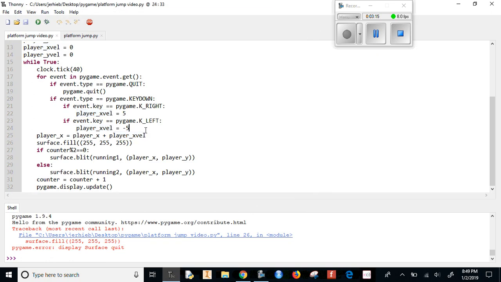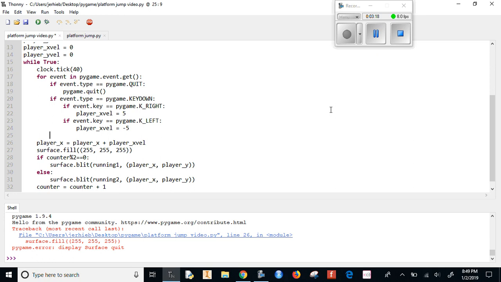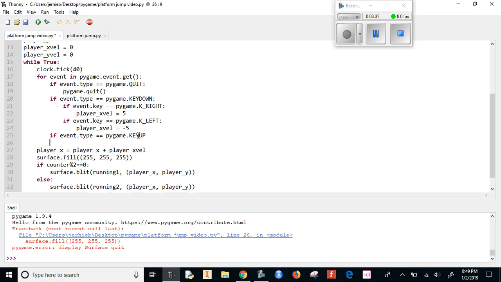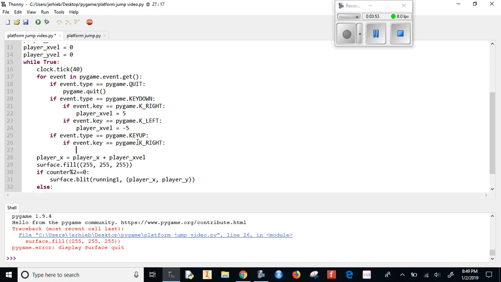If you've watched my previous videos, you'll see that there's something missing here. Or if you're just used to playing video games, you'll notice that when we lift up the button, we want the character to stop. So if event.type is pygame.KEYUP, we're going to do the same thing that we did before, but we're going to change the velocity to 0. So if event.key equals pygame.K_RIGHT,